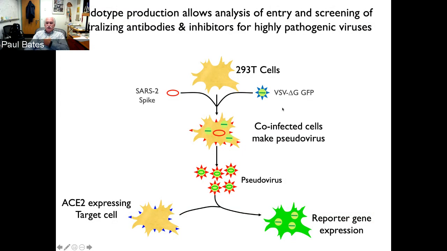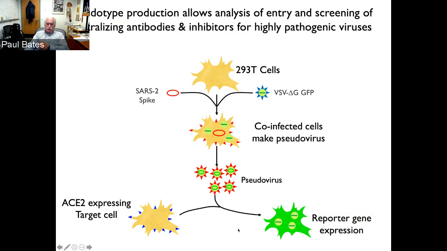The way we make pseudotypes now is that we use a VSV, the vesicular stomatitis virus, that doesn't encode a glycoprotein, but does encode a green fluorescent protein. We introduce that into cells that are expressing high levels of SARS-2 spike. We then harvest off the pseudovirions from those cells, so they have these red spikes on them derived from the SARS-2 plasmid that we put into these cells. And then we use these pseudovirions to infect ACE2 expressing or ACE2 negative cell lines as controls and